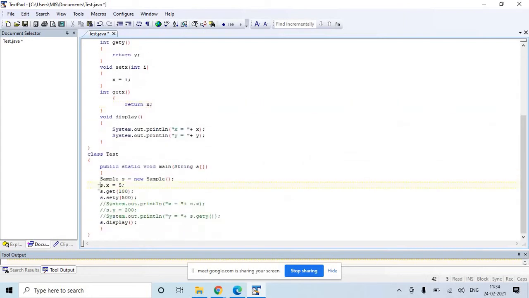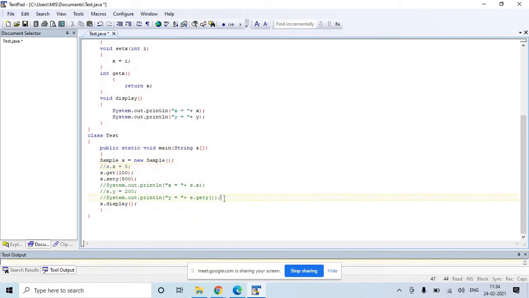Now you don't need get Y, let it be. You want to call that function, say s dot set X 1000. Using the setX method, you have initialized the value of X, and if you want to call the get X function, you will copy this and paste it here.